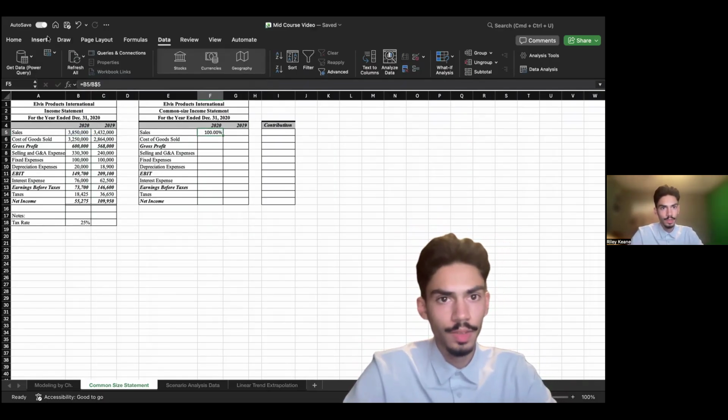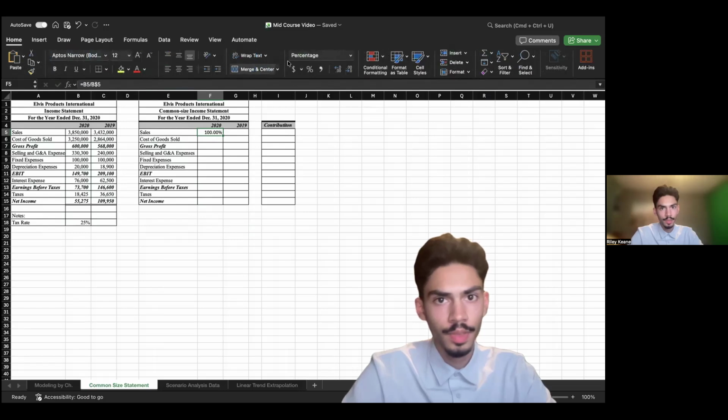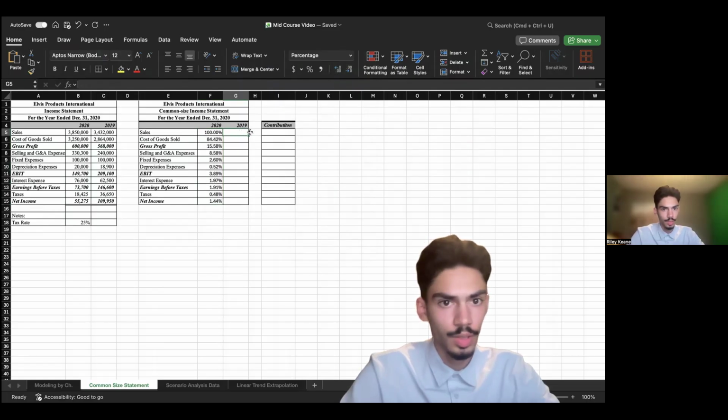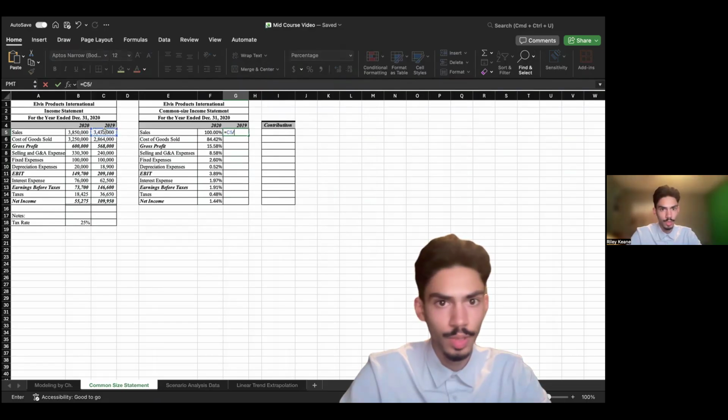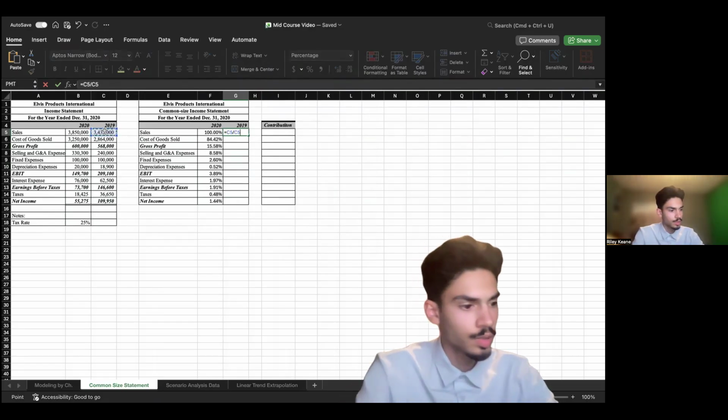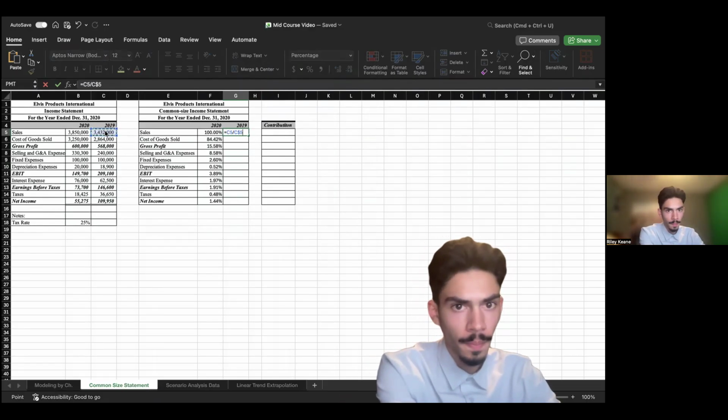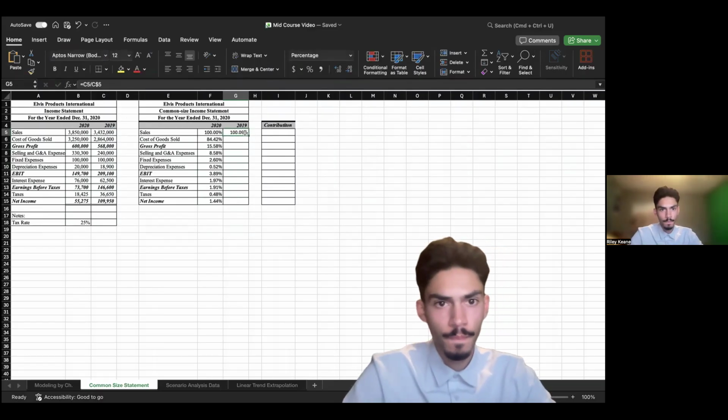And I already have this as a percent, but if you didn't, you would just hit the percent sign here and turn it into one. So let's pull this down, percent, 2 zeros, and then we're going to be doing the same thing for 2019's numbers. Okay,